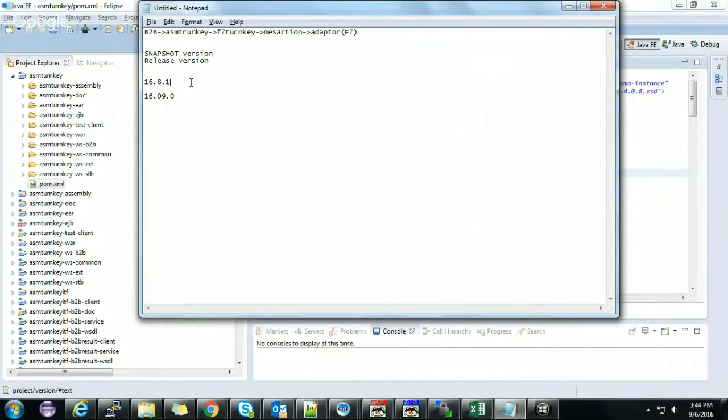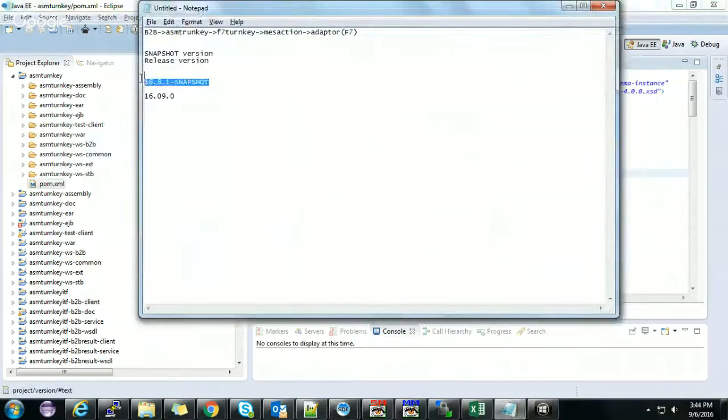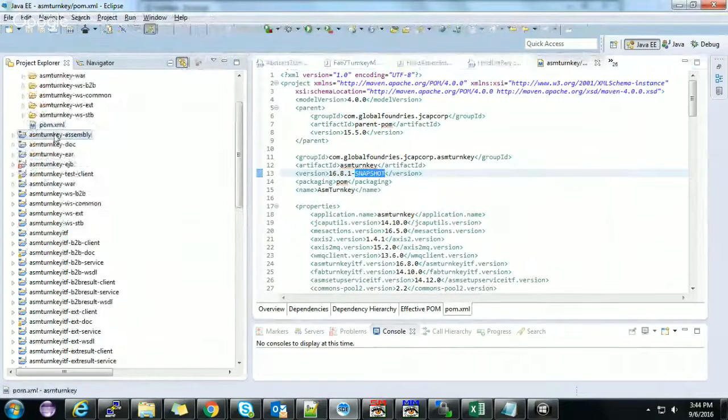Before that, I will make a snapshot of it, like they have put here. I will put this snapshot in every form, like assembler, key assembly, doc, ER, EJB, right, till the last,